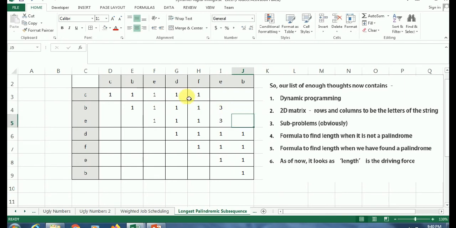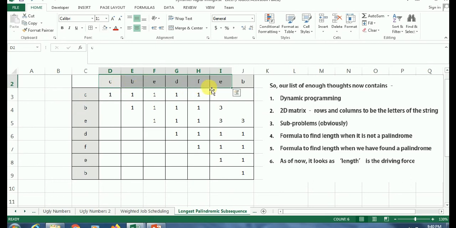All right. Now EDFEB. So this is going to be the composition of subproblems EDFE and DFEB. DFEB is 1, but EDFE is 3. Max of 3 and 1 is going to give me 3. Okay, cool. Now the length increases to 6. All right,